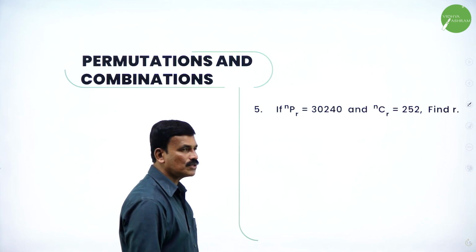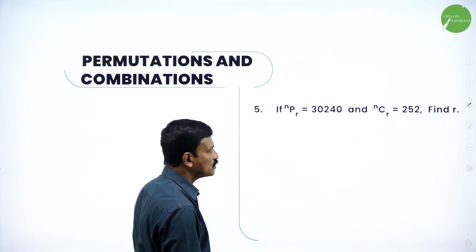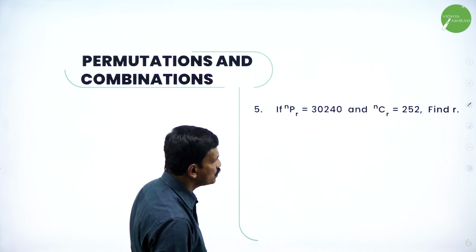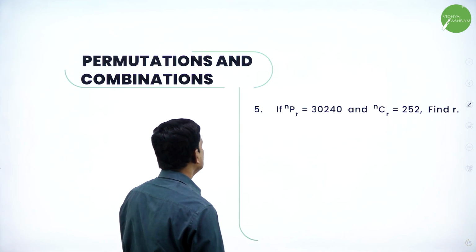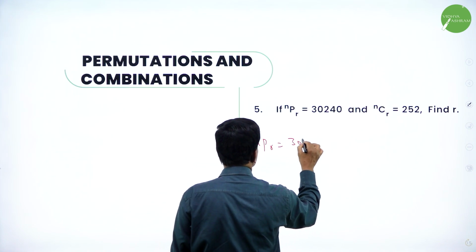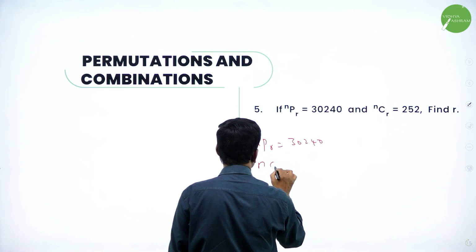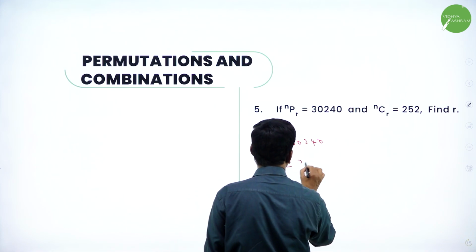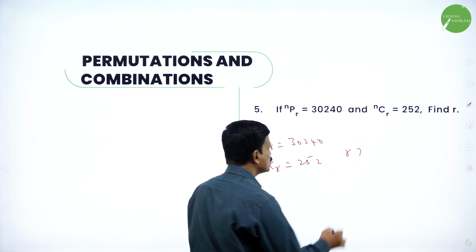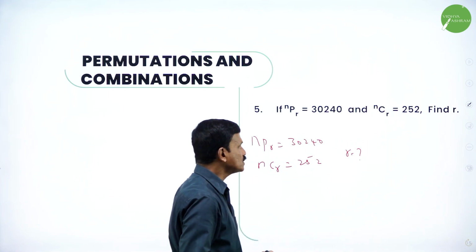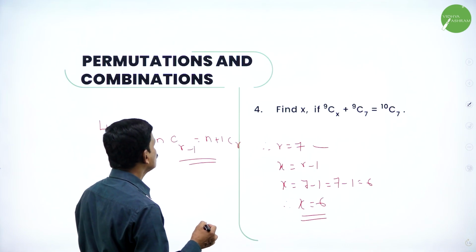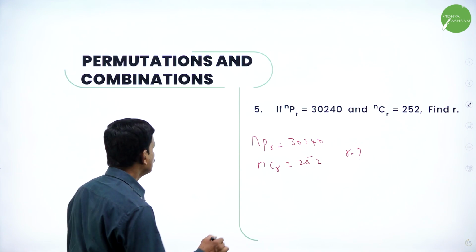If nPr is equal to 30240 and nCr is equal to 252, find the value of r. So what is given? nPr is equal to 30240 and nCr is also given, that's equal to 252. What is required to find is r. See, r is the question mark. Now here we know the relation for nPr and nCr. At the beginning itself I explained there is a relation. It's the same relation. So we know that